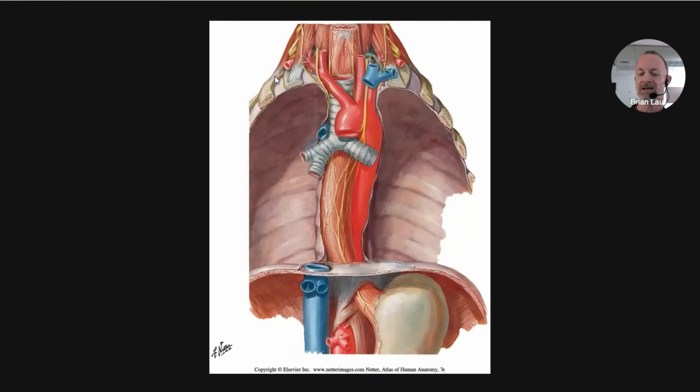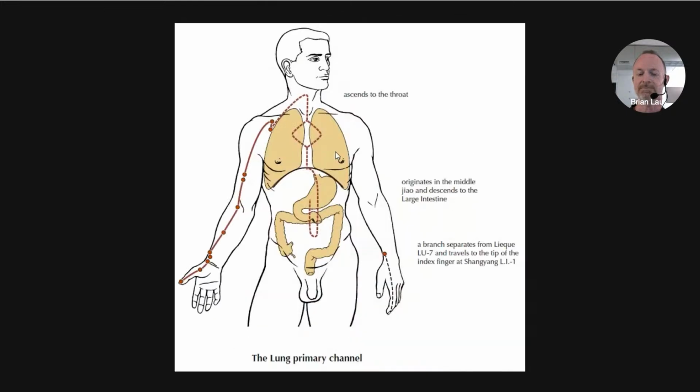Oops, wrong direction. And here is the continuation of the stomach, the esophagus, as it passes through the diaphragm. And as I go a little higher up, I get into the trachea and bronchi. And those also are very, very connected with each other. You could dissect them away, but it would take a lot of work. They almost are one unit. So now we have a lot of anatomy to go and look at that internal pathway of the lung channel. So let's look at that.